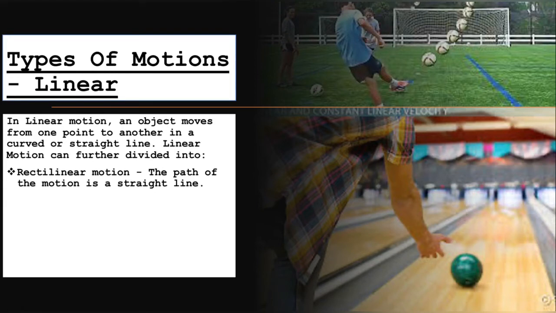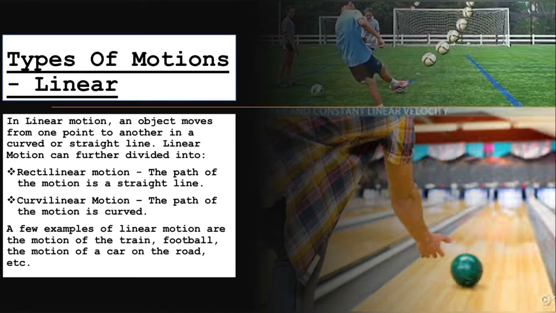rectilinear motion. The path of the motion is a straight line, like this bowling ball going in a straight line. Curvilinear motion, the path of the motion is curved, like a football going into a goal. It is curving, so that is called curvilinear motion. A few examples of linear motion are the motion of a train, a football, the motion of a car on the road, etc. Now we will move on to